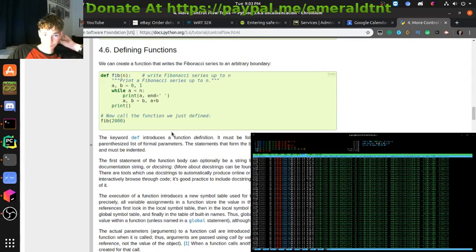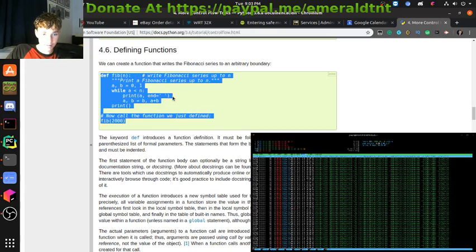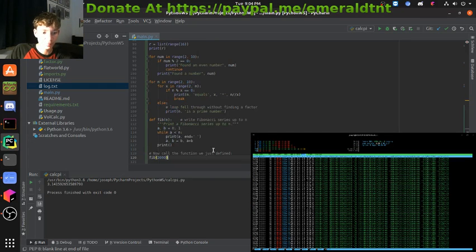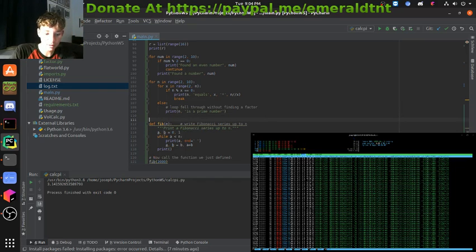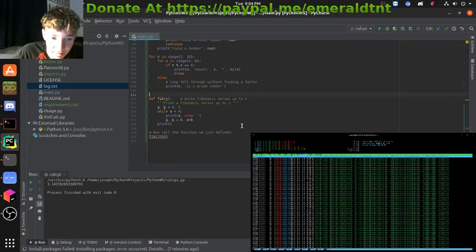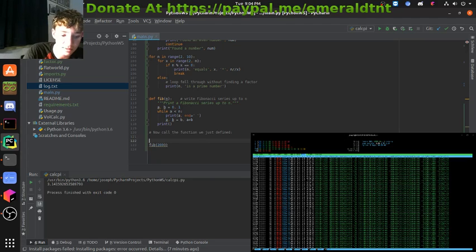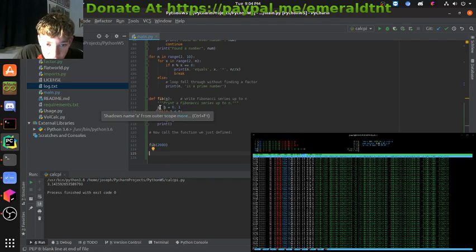Defining functions. Okay, this is going to be the last thing I do. This code looks familiar. I've done this code. So we are caught up to Python 2.6 level of code. Expected 2 blank lines, that's all good. Now, call the function. 2 blank lines necessary. And that's all good. So, this should solve Fibonacci